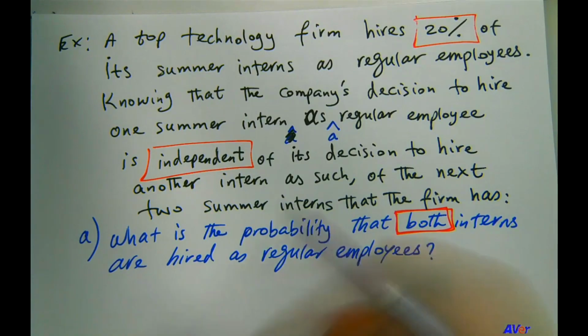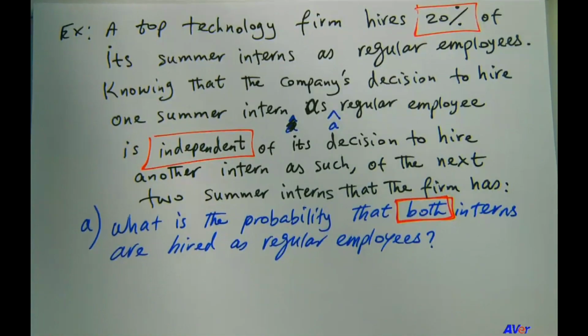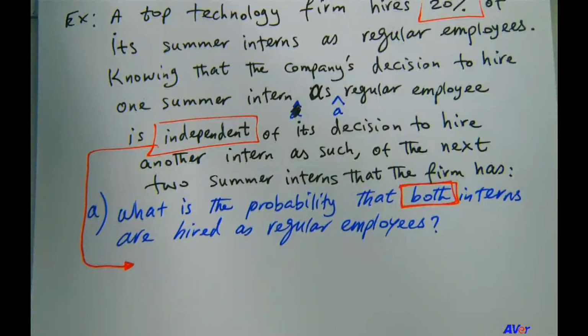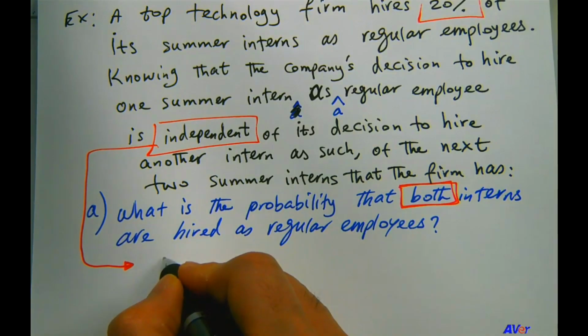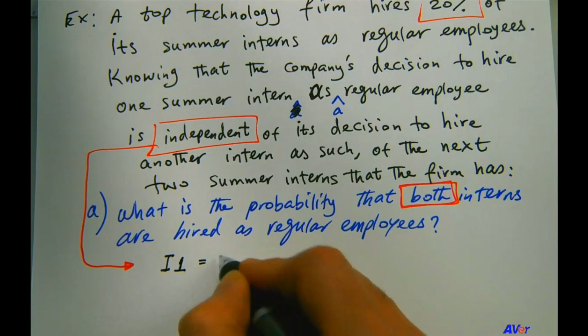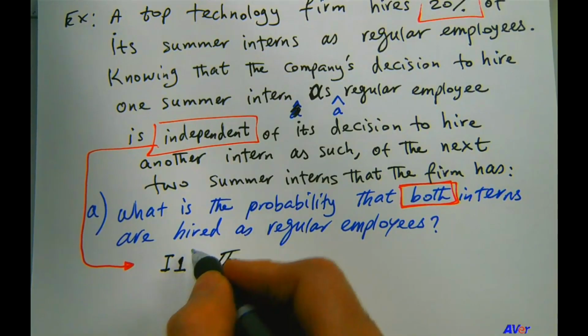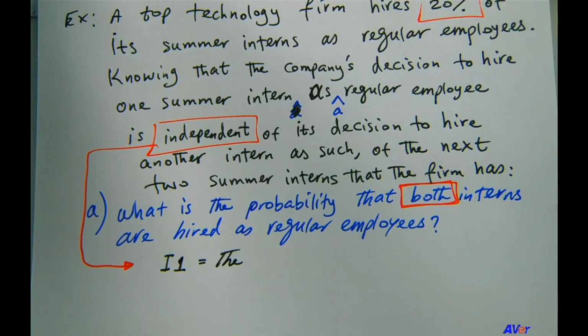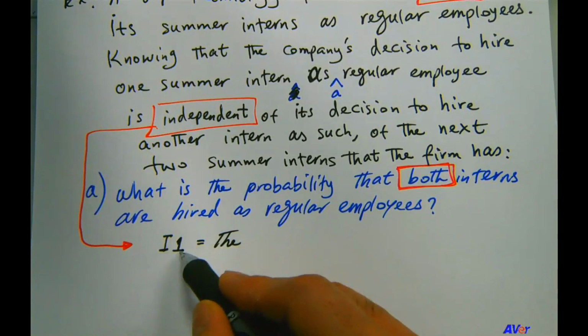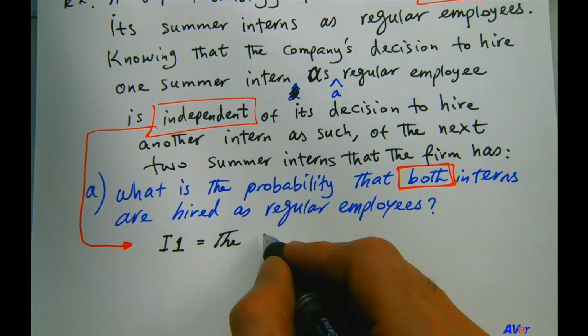So if the decision-making process is independent from individual to individual, then we can surely use the formula for that, right? But let me introduce labels for the variables we're going to use. I'm going to say I for intern, so intern 1 would be the event, so I pick that variable. You can use X or Y, you can use AB, you can use EF, you can use whatever variable makes sense to you. But I'll use intern 1, that variable represents the event